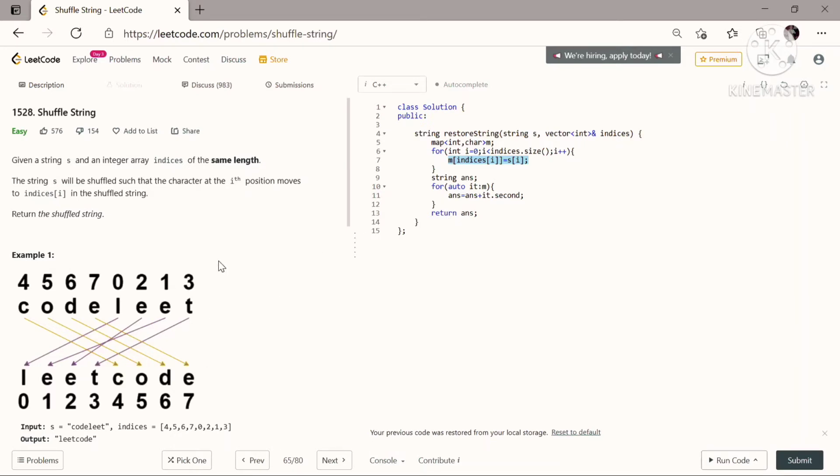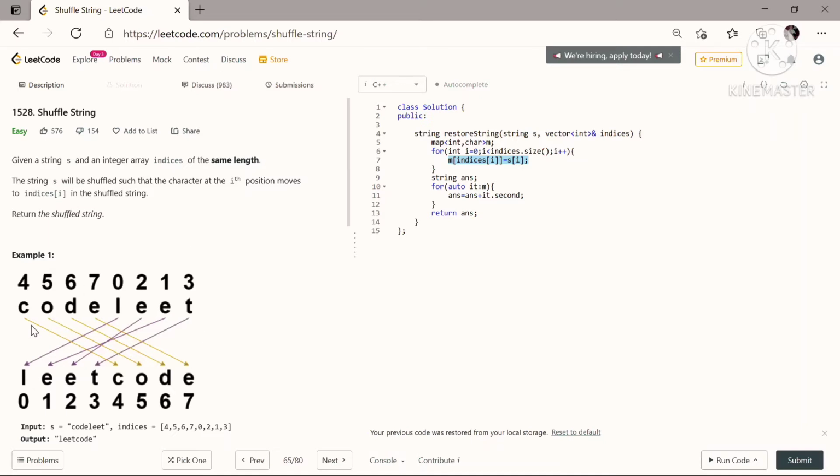Now, since we are using an ordered map, what will it do? It will arrange the pairs in such a way that the pair 0 and L will come at the beginning of the map. Then the pair 1 and E will be after that. Then 2 and E. Then 3 and T. Then 4 and C.